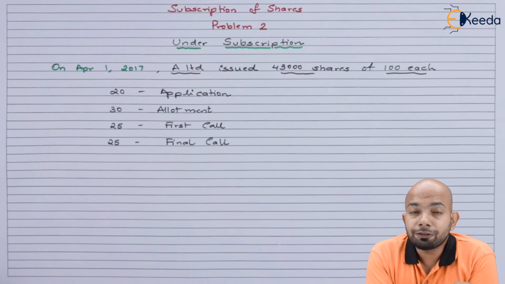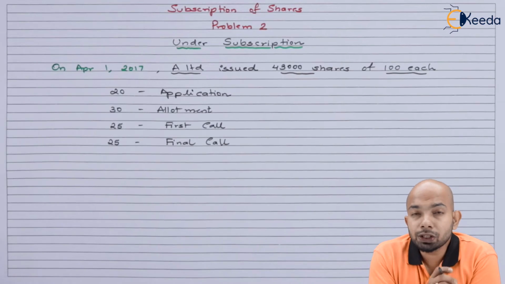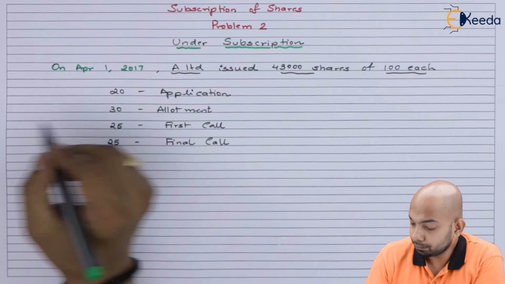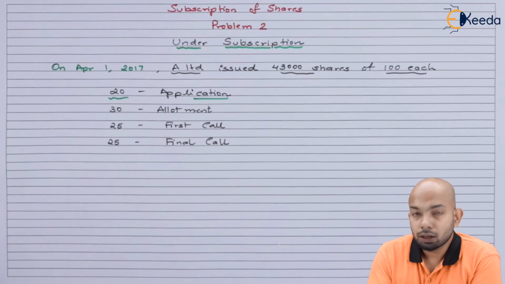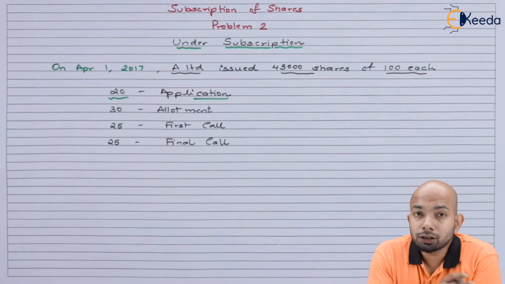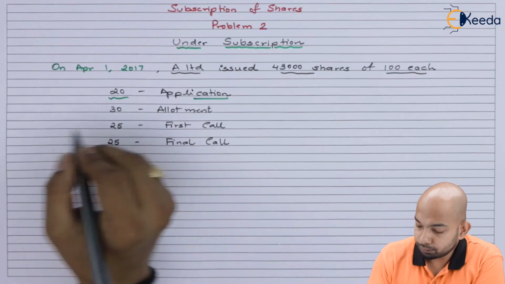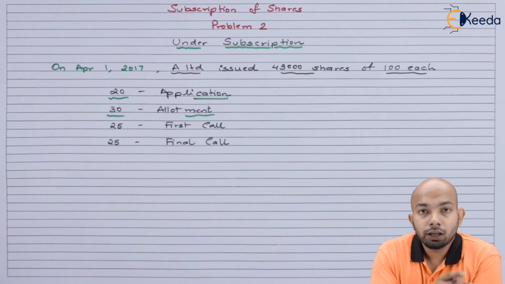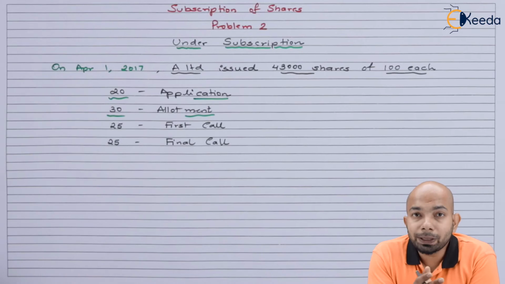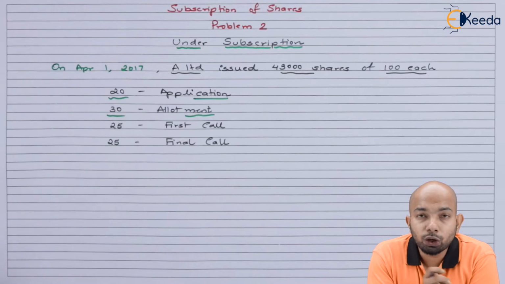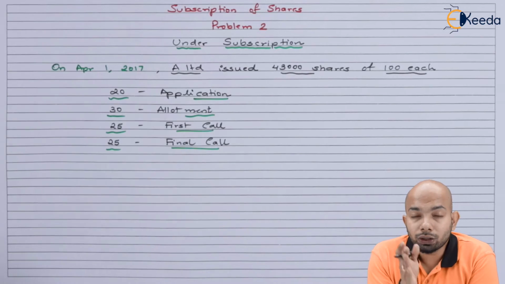Now the 100 rupees bifurcation has been given here. 20 rupees goes for application money. Out of 100, another 30 goes for allotment money. Then the balance 50 rupees is divided into two calls, that is 25 rupees first call and 25 rupees final call. Now we have to figure out the last few details mentioned in the question